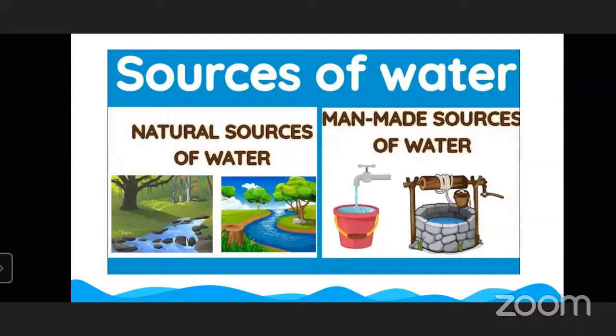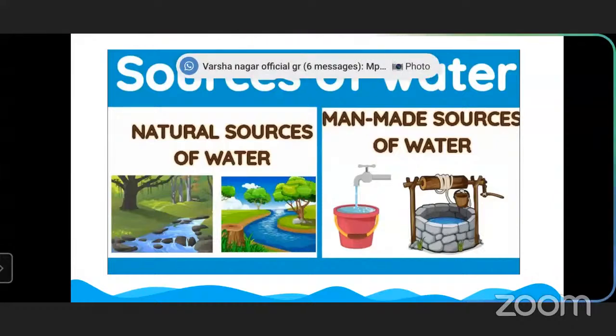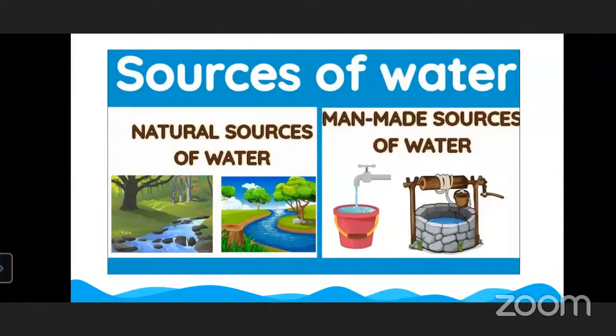And what do you mean by man-made sources? Man-made sources of water are tap, well, then pond, reservoirs. A reservoir is an artificial lake called a man-made reservoir. It can be formed by building a dam across a valley.